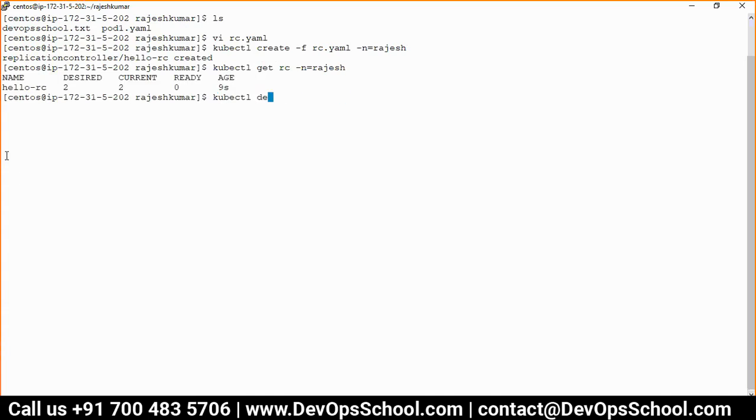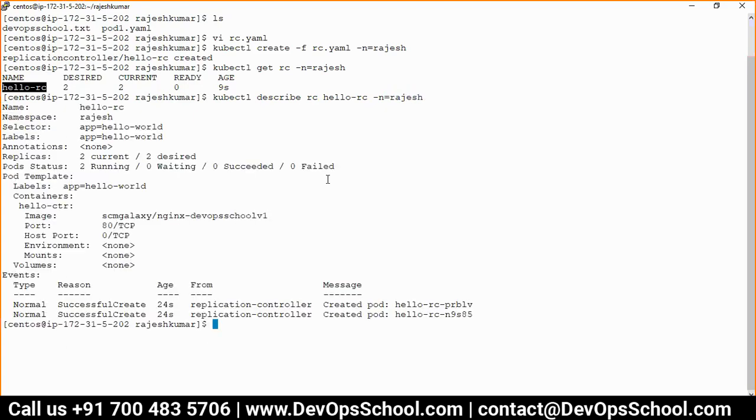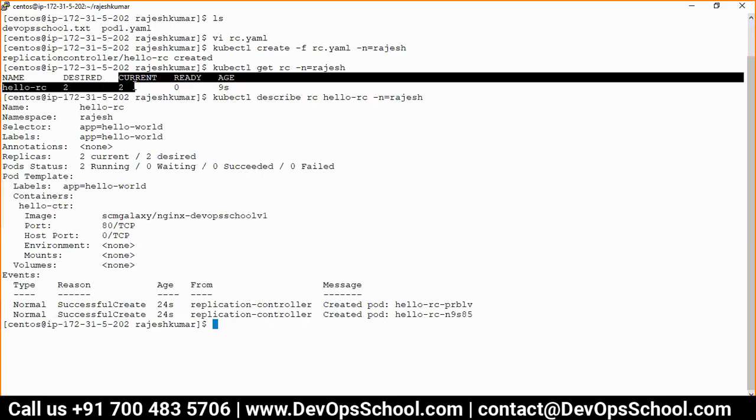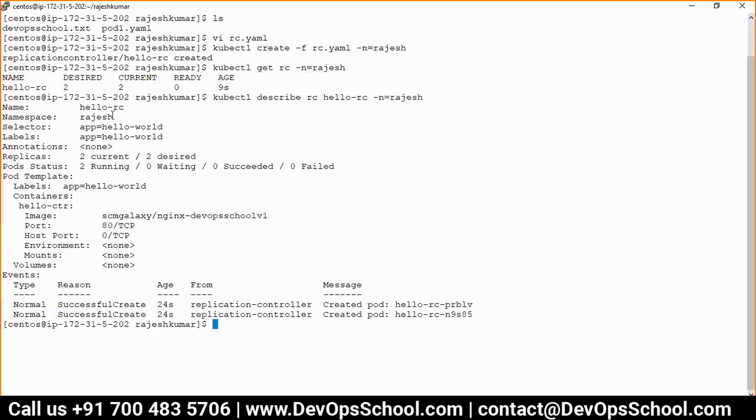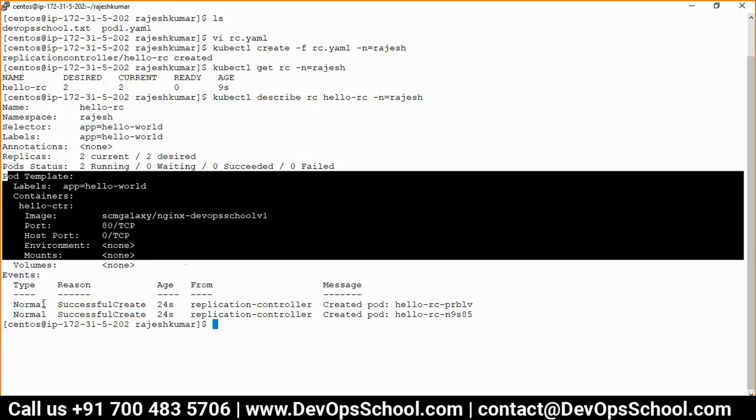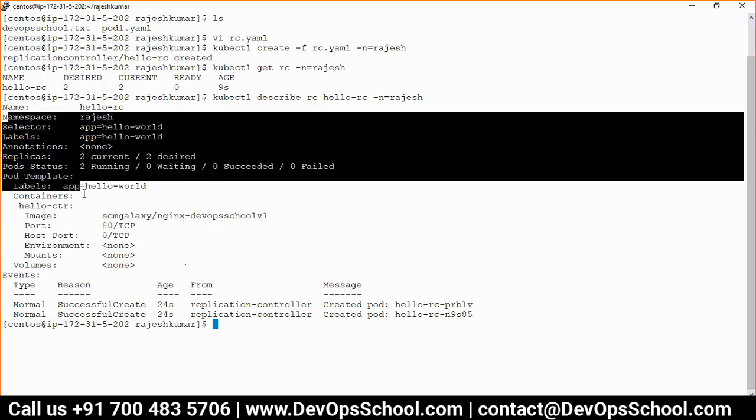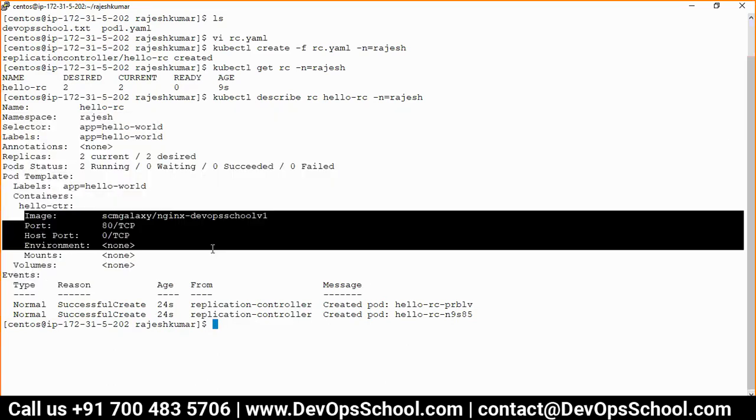All the commands I have already taught you, so I'm not going to repeat them. Describe rc, which RC, -n Rajesh. See here. This is the RC. How many pods do you have? 2. Ready was 0 at that time. Selector, annotation, pods running, waiting, succeeded, failed. Pod template, and see, containers.